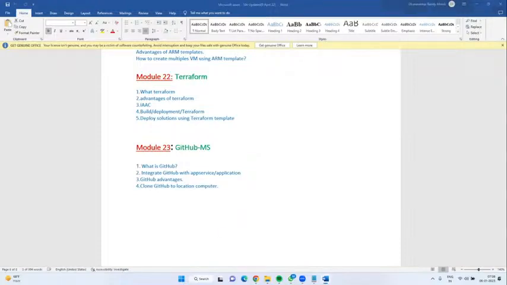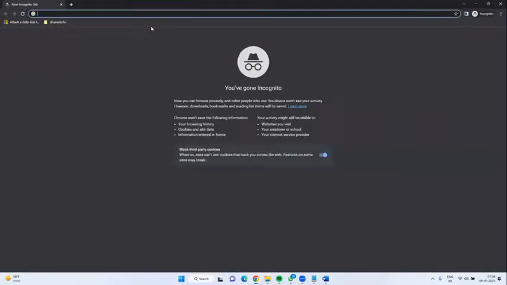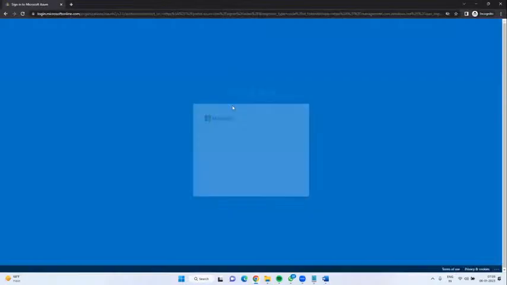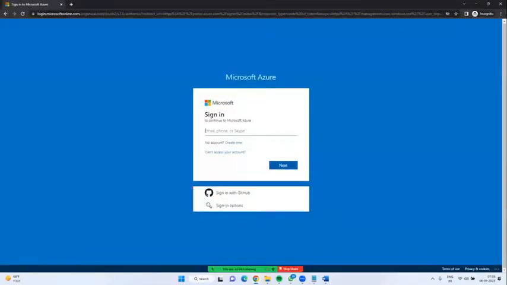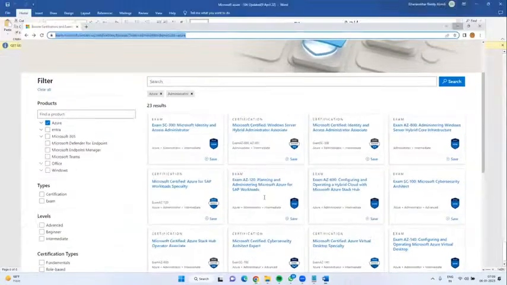That's why, see, to access the Azure portal, if I type portal.azure.com, here it is showing signing with GitHub. In 2021, Microsoft purchased GitHub.